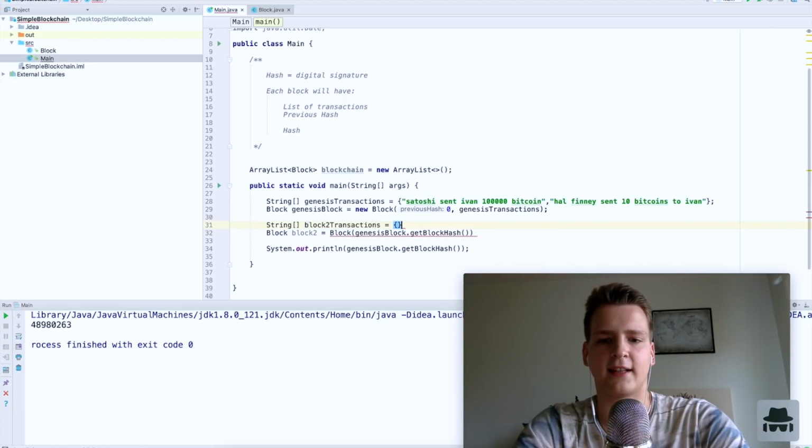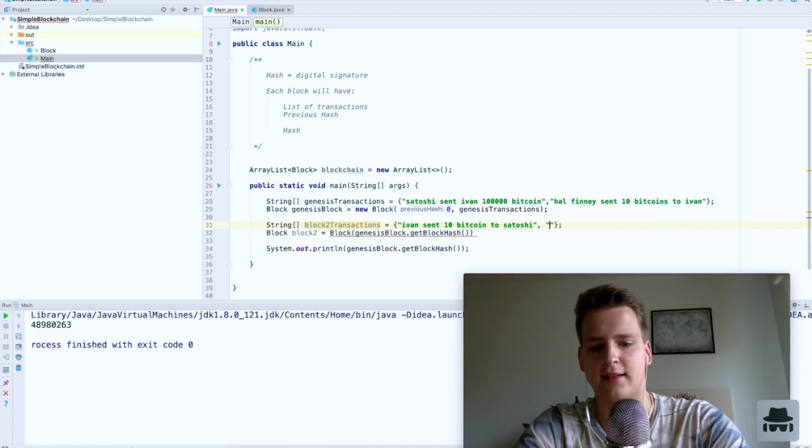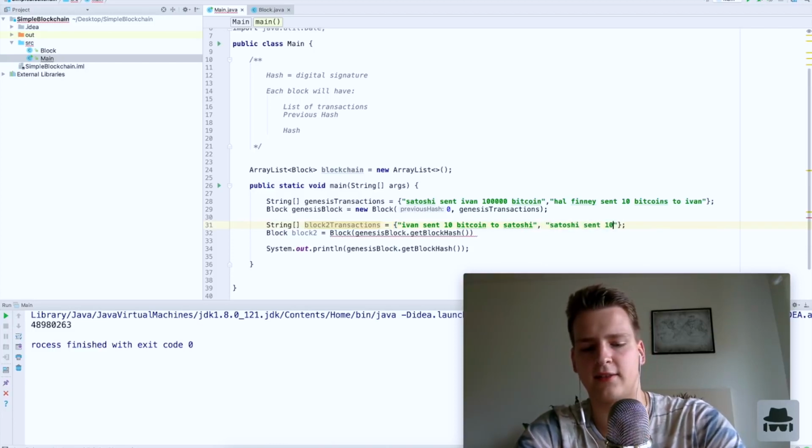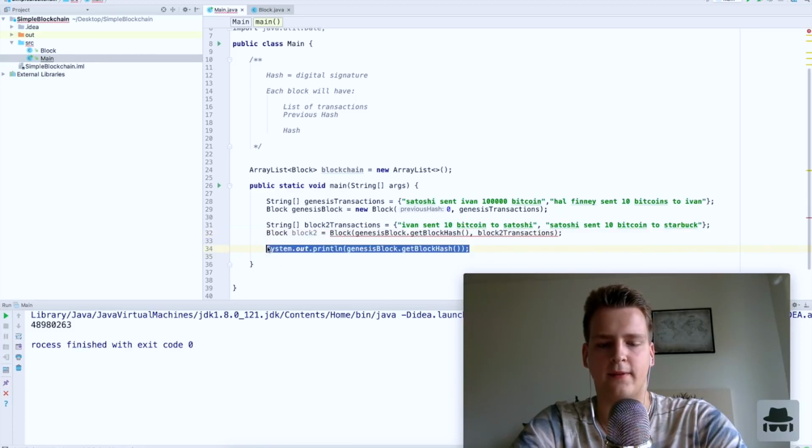Let's say that block 2 transactions. Let's say that in the second block, Ivan sent 10 Bitcoin to Satoshi. I sent him back his bitcoins, and Satoshi sent 10 bitcoin to Starbucks. Like this. So these are the transactions in the second block. So guys, as you can see, if I put the transactions and we output now the digital signature of the second block,